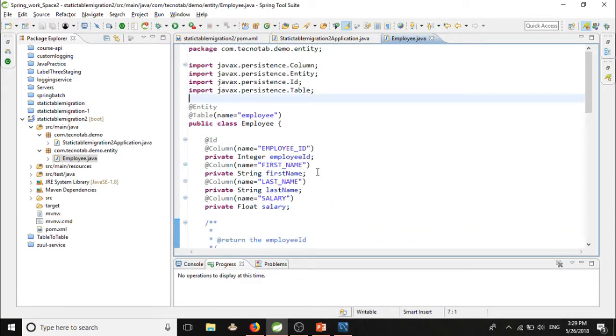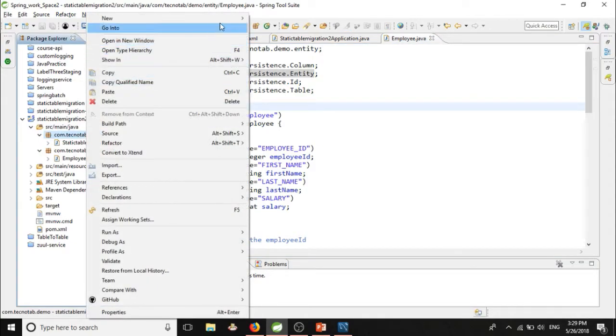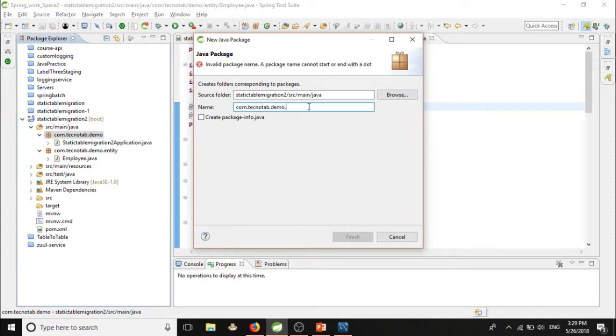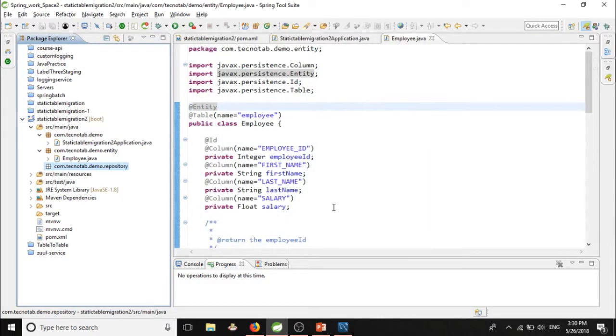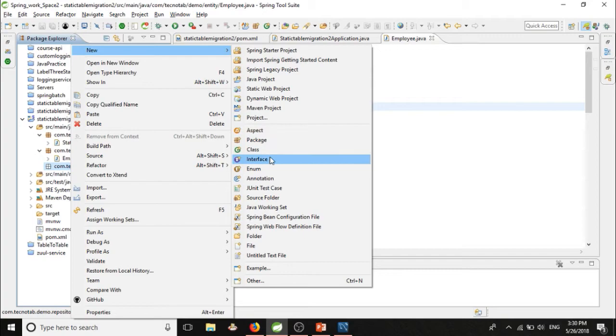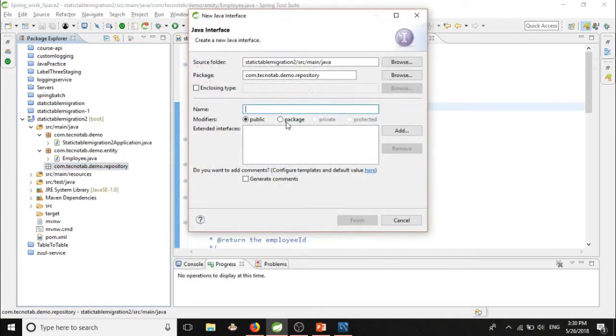For using this entity class, we must have a repository. When we call this entity from somewhere, it won't give us anything unless we make a repository out of it. So for that, let's make the next package, and let's call it repository. In this repository, we are going to create an interface.